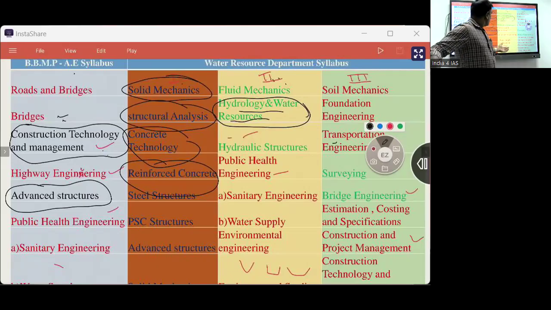Clear? Next, foundation engineering, nothing but flow nets and all will come. Okay, foundation engineering, don't be under the impression it is digging foundations. No, there